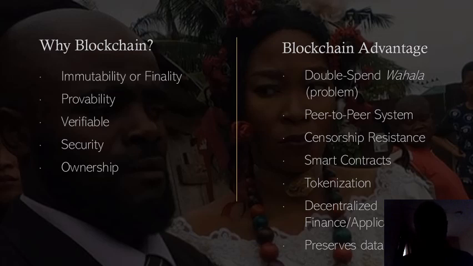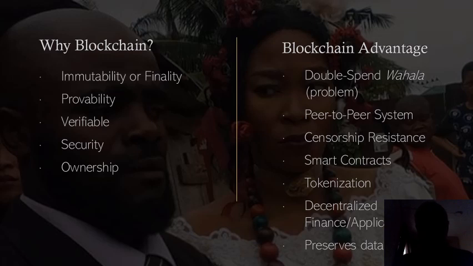Now, provability. Somebody can easily prove that a transaction has occurred on the blockchain. If you are sending an asset to somebody you don't even know, which is the beauty of the blockchain, you don't need to be scared that this person will run away with the money, or wonder whether it has actually been delivered to this person's account. With the blockchain, every transaction you create has a hash. A transaction hash is created for it. With that transaction hash, you can easily confirm the state of the transaction you did.